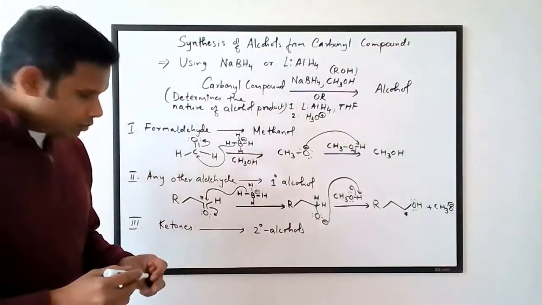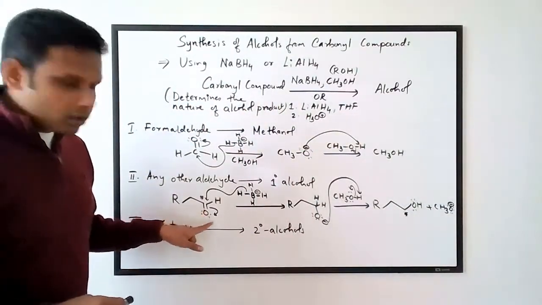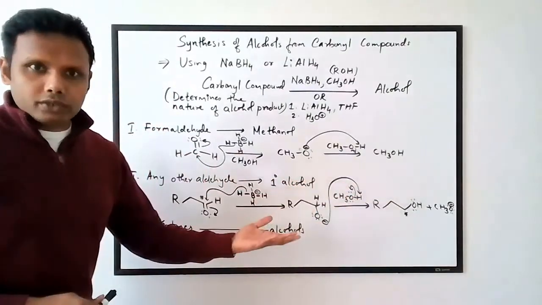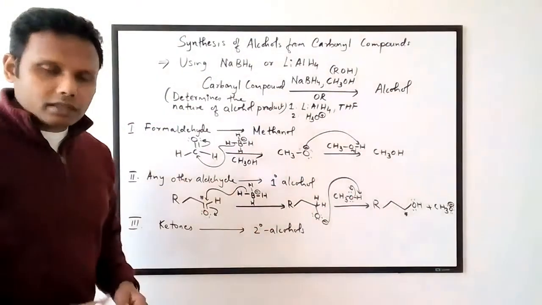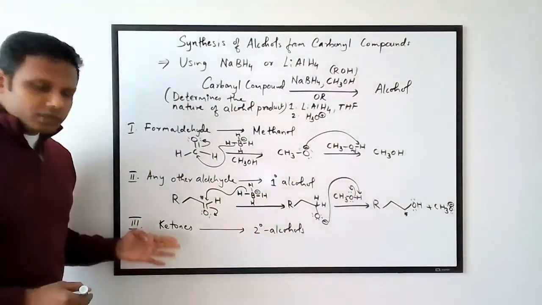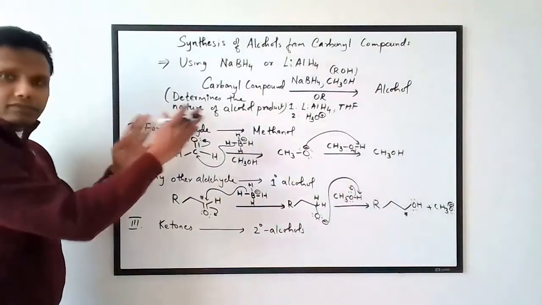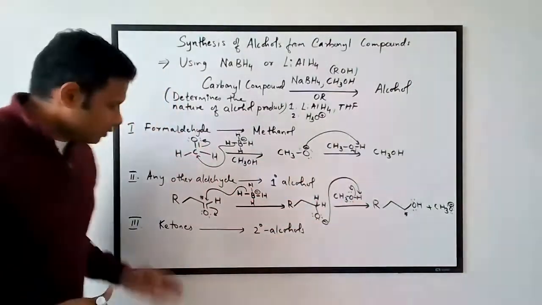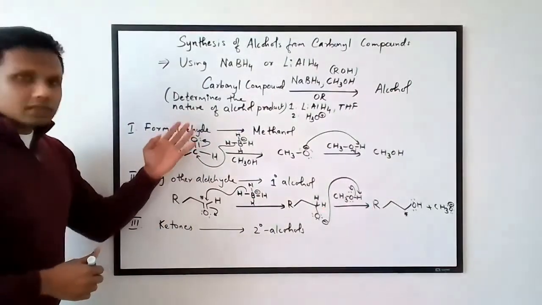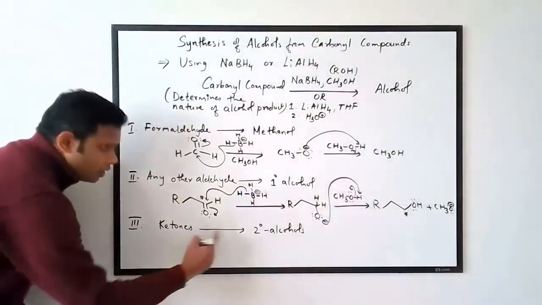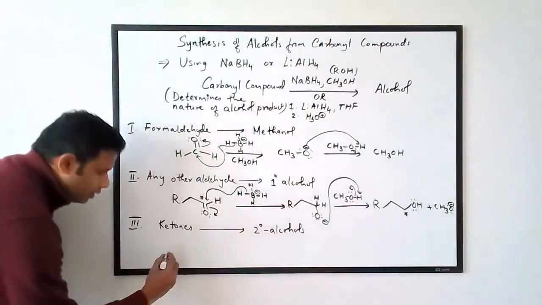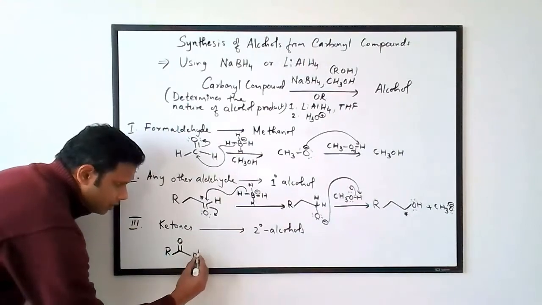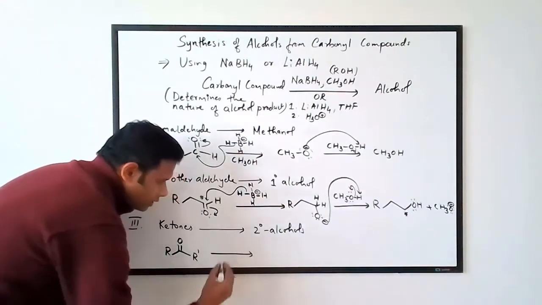Okay, so all you have to do is get rid of that double bond and convert the double bonded oxygen into an alcohol to write your product if you're starting from any other aldehyde. Similarly, when you start with ketones, okay, so formaldehyde gives you methanol. Any other aldehyde would give you a primary alcohol. If you start with a ketone as a starting material here, your product is always going to be a secondary alcohol. So when you start with a ketone and you do this reaction,